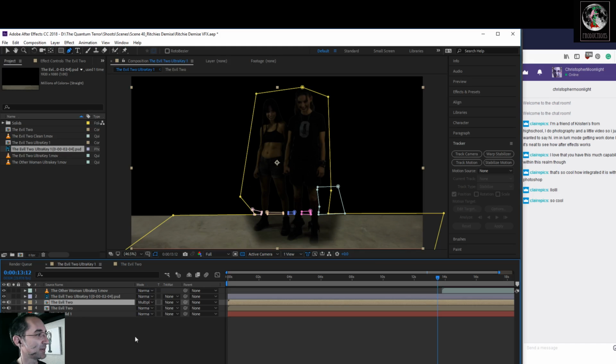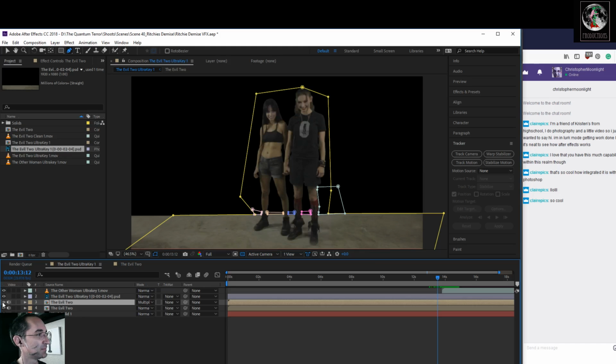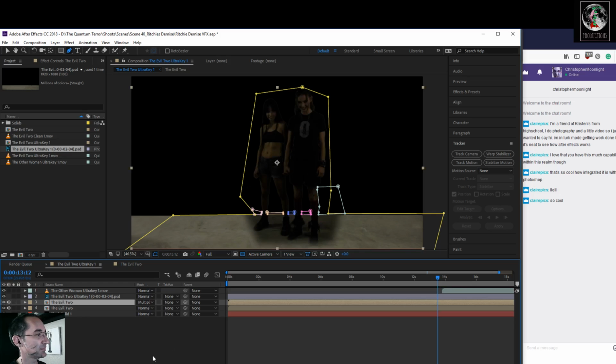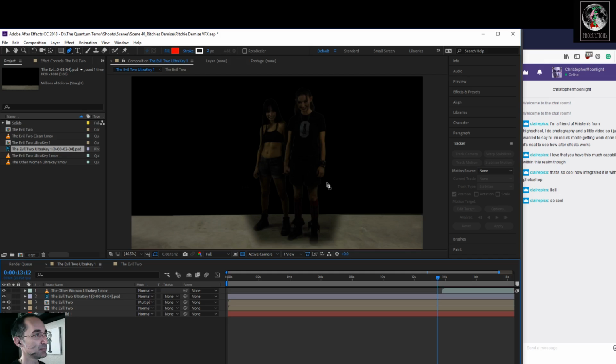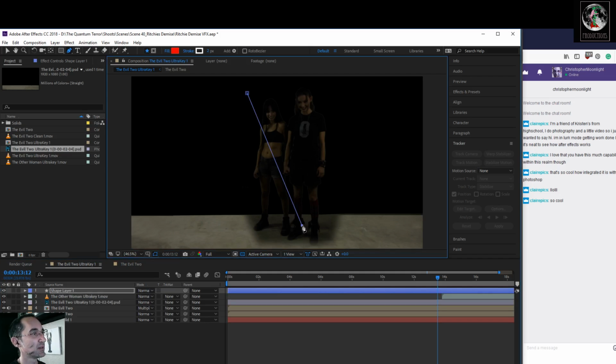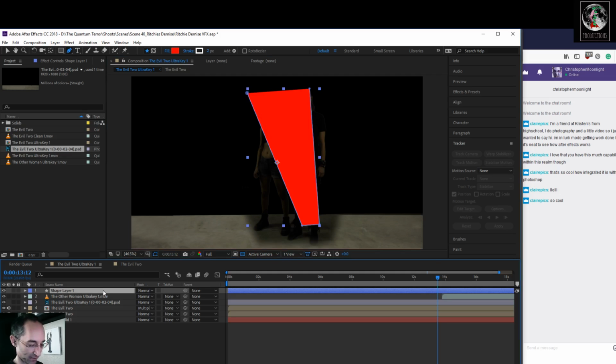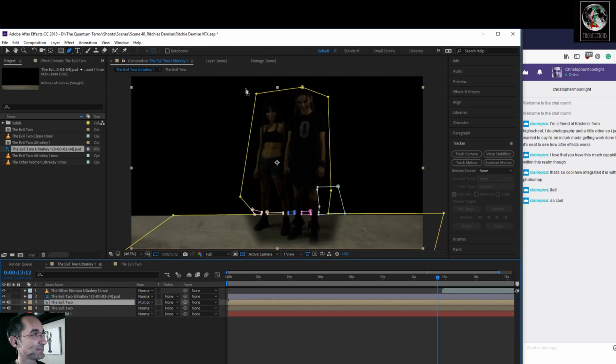Try multiply. So it looks dark, but now we can hardly see them. So we're going to maybe do a crop in. Ah, damn it, shape layer again. Hate that.